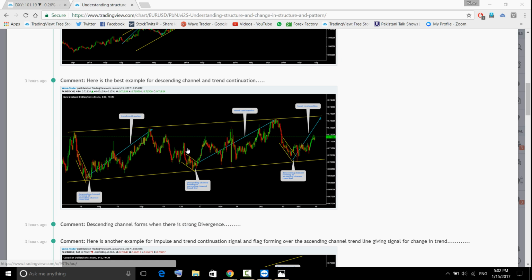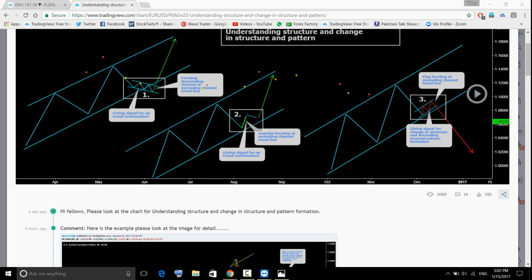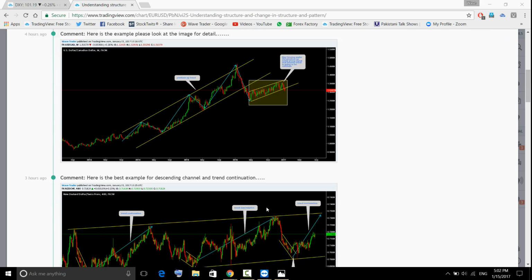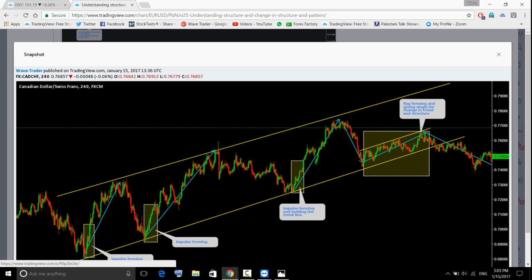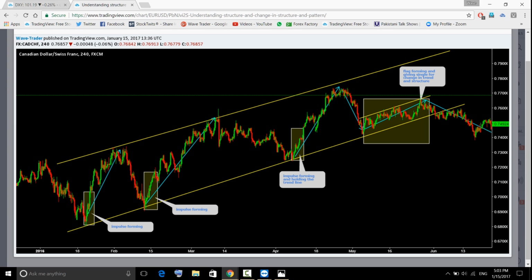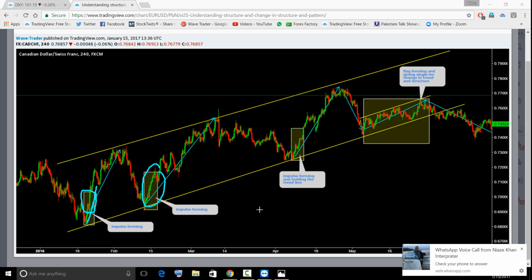All right. So the next example is this impulse. We have covered trend reversal and trend continuation. I will show you another example for the trend continuation pattern within the ascending channel, within the structure and trend. Okay, on this image, you guys can see when price was forming impulse. So if you can't read this impulse or this impulse, then